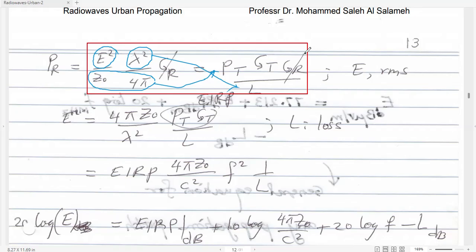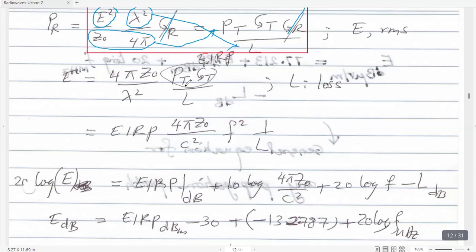And GR will cancel with GR. Now, PT times GT is called EIRP, effective isotropically radiated power. E squared is equal to EIRP, PT GT, times 4 pi Z naught